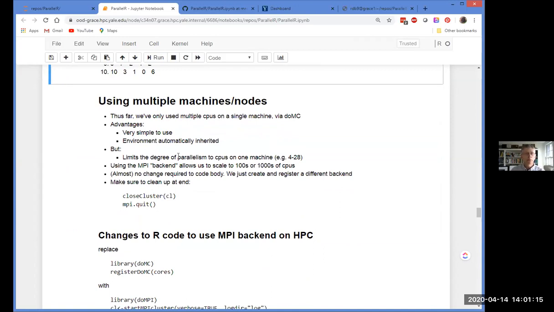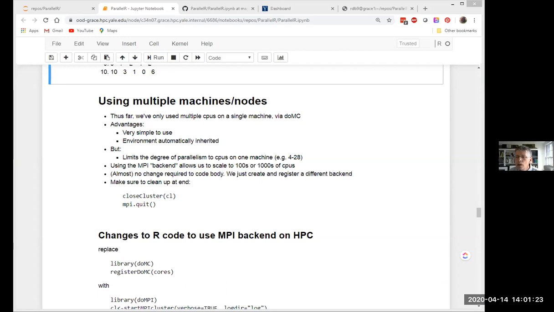So I want to now move on to how to... Rob, we do have a question. Yep. Oh, sorry, didn't see it. What if one worker throws an error? Does the entire foreach give an error? Yes, you're going to get an error for the foreach. Yeah, I should have an example in here to do that. It's an excellent question.